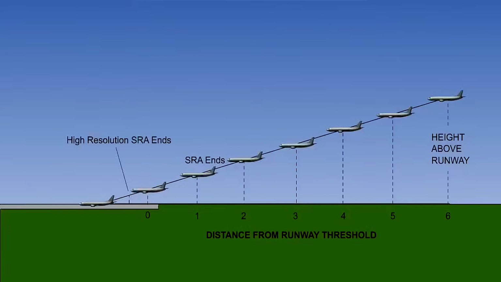Surveillance radar approaches normally terminate at 2 nautical miles from the touchdown point. However, when high-resolution surveillance radar equipment is available, this distance reduces to half a nautical mile. And the approach controller will provide a continuous full-time talk-down from 4 nautical miles, with ranges and advisory heights being given every half nautical mile. Where an airfield and an aircraft have an ILS equipment, this is likely to be used rather than approach radar.